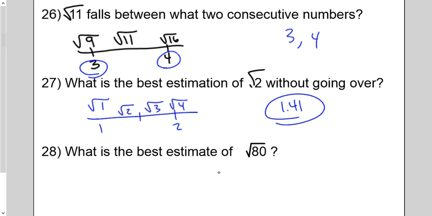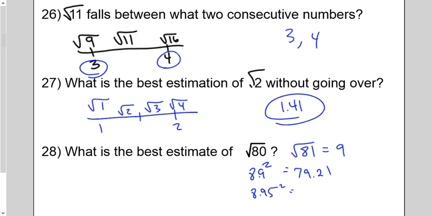What's the best estimate of square root of 80? Well, you know the square root of 81 is 9. So personally, I would start out at 8.9, and you know that 8.9 times itself, or 8.9 squared, after you work it out on your paper, would be 79.21. So then you might want to say, well, what about 8.95? What if I times that by itself? 8.95 squared